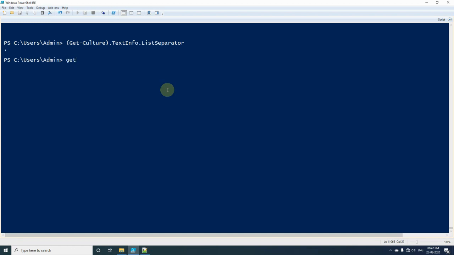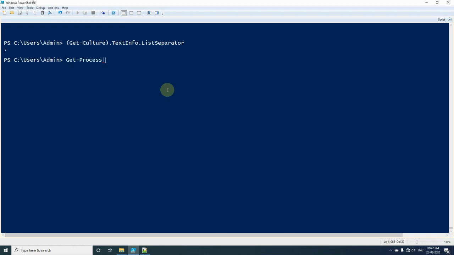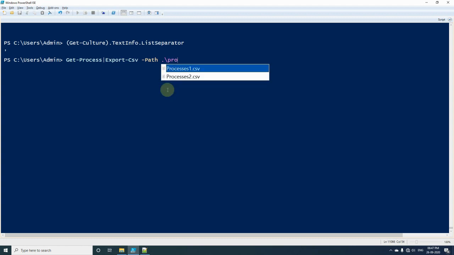Again we will use the cmdlet Get-Process, and we can use Export-Csv, and in path we will give the name processes3.